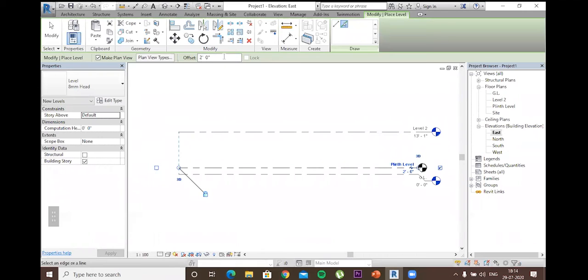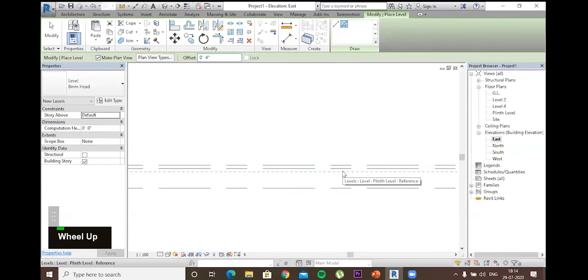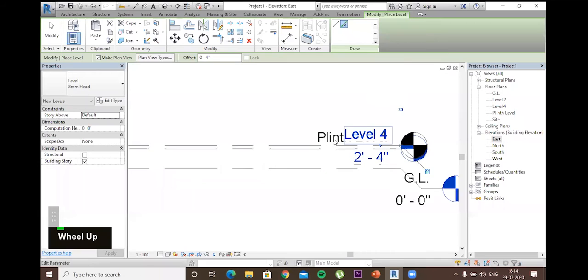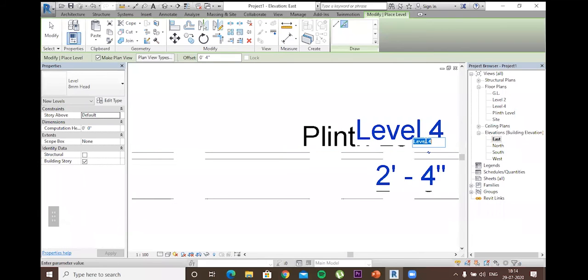Then suppose again I have to make a ground floor level that will be at 2 inches or maybe 4 inches. So I have to make that from the plinth level. Okay, this is where my floor will be. Floor, that is ground.